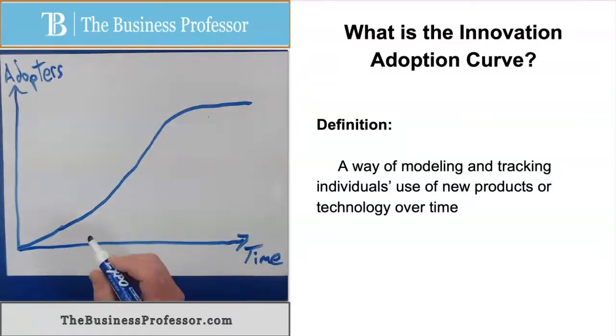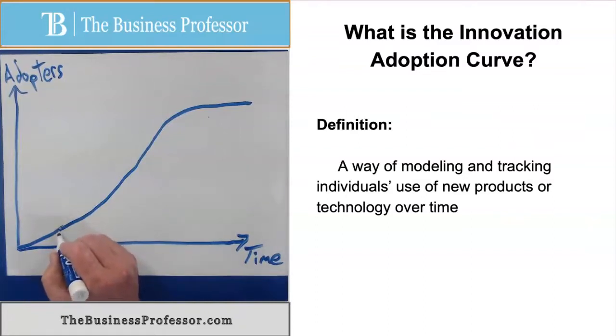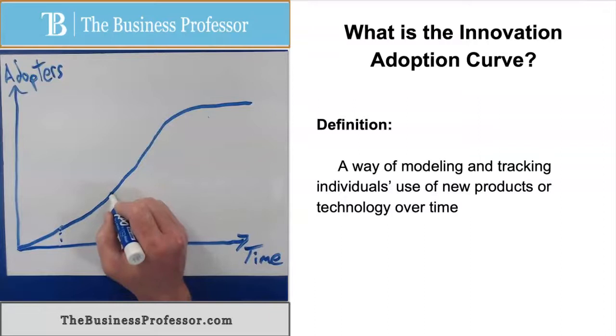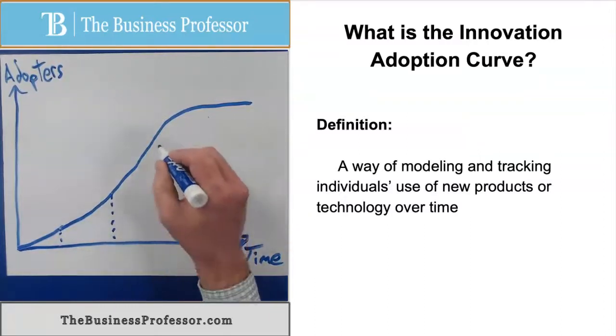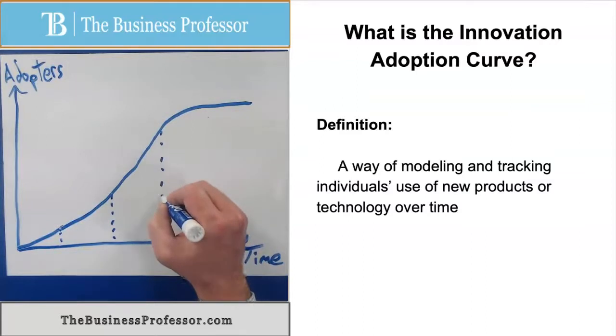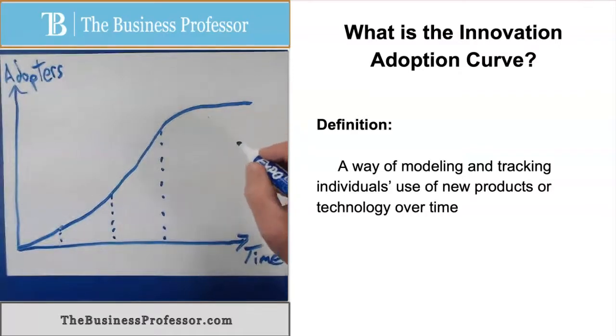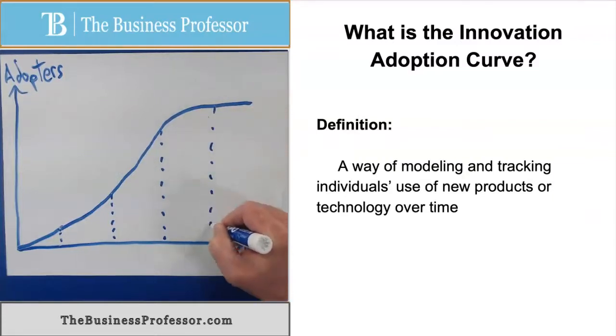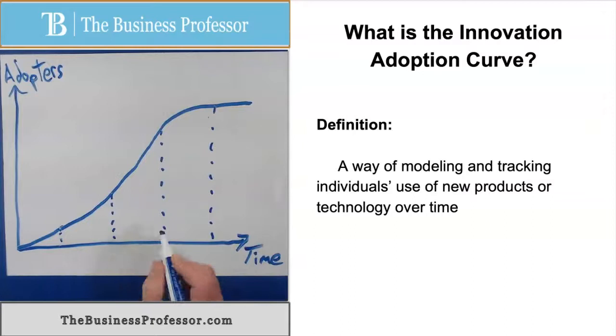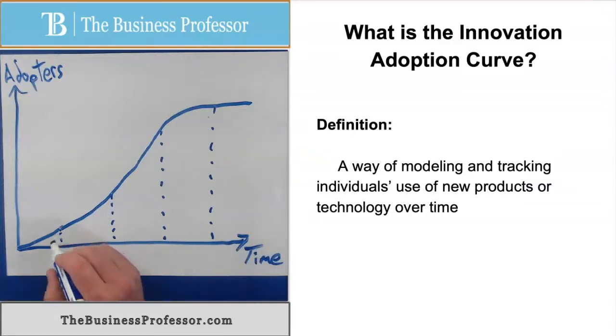So what do I mean? Well, if we look at this, what we can say is there are different groups of customers or people out there who are going to be more or less quick to adopt a new product. And so what we have here is we actually have 5 groups of people. Now, knowing exactly who's in these groups is hard, but that's not the important part. The important part is just knowing these groups exist and that at different stages of our product's existence, these different groups are going to be the people we need to target with our promotional strategy.